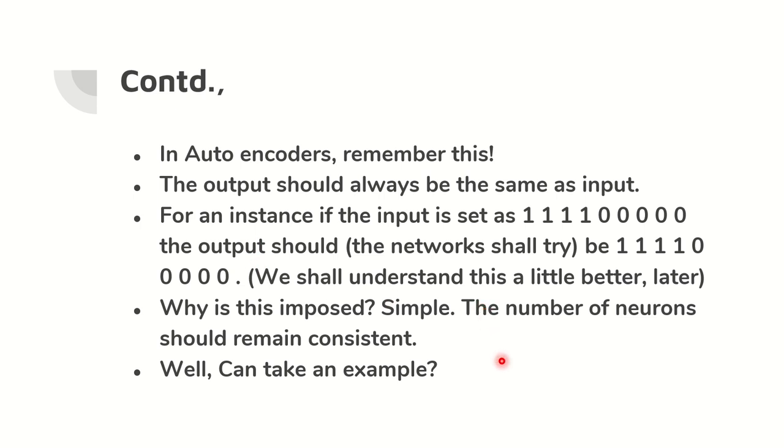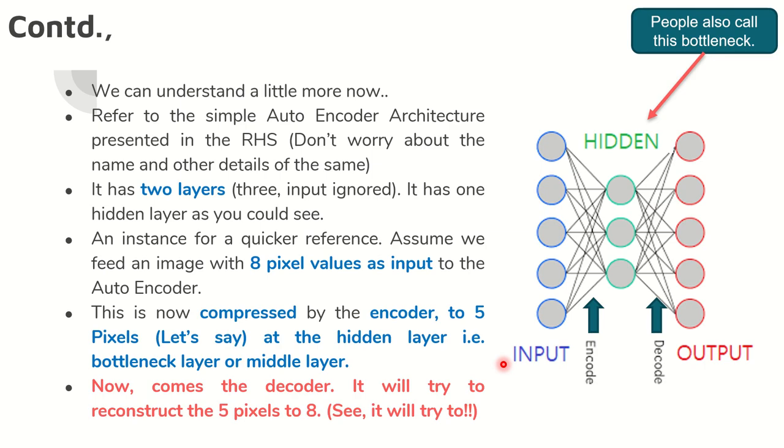11110000 is the output that I want. Now, the input is the same thing that is going to come as the output. Not exactly. There is a small change or small point that you need to remember in it. But remember, autoencoders are generally meant for just reproducing or replicating whatever input is given, and the same has to be obtained as output. But there is a small catch there which you are going to see.